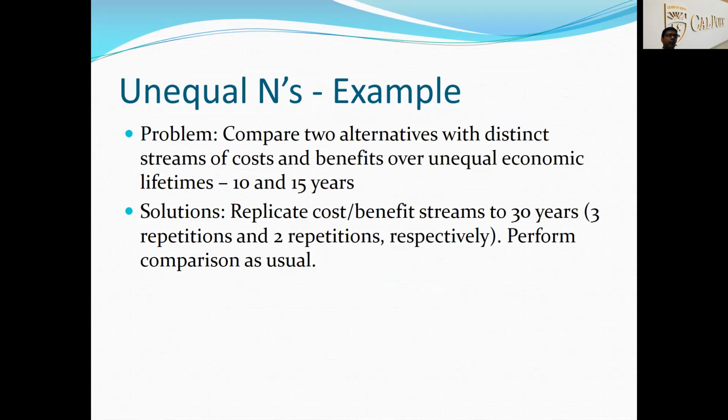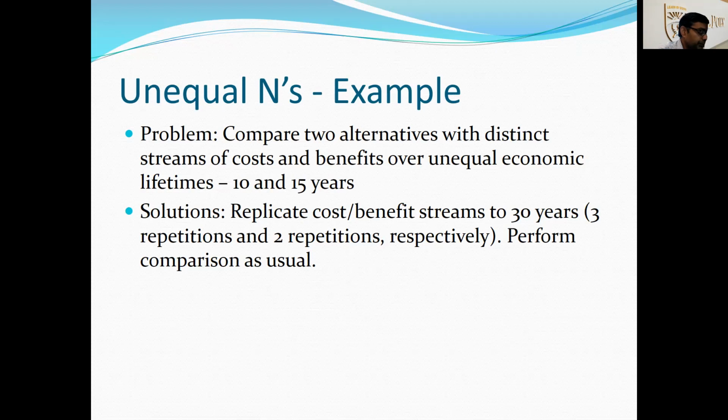So what you do is you replicate cost and benefit. What is the least common multiple of 10 and 15? It's 30, right? Because 10 times 3 is 30, 15 times 2 is 30. So if you figure out the LCM, least common multiple, that's 30. So then you assume that the first project goes on for 30 years, essentially replicating the 3 cash flow cycles every 10 years. And then for the second project, you replicate 2 cash flow cycles every 15 years. So you get a 30-year period,